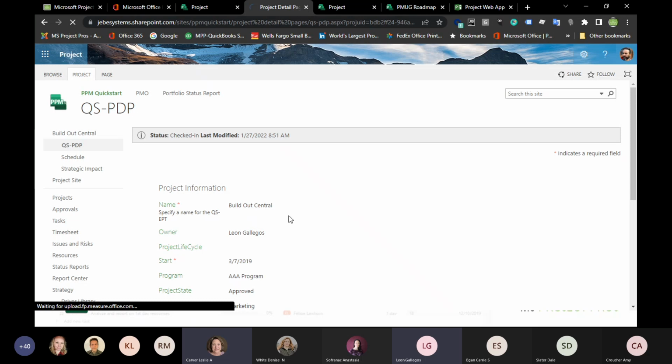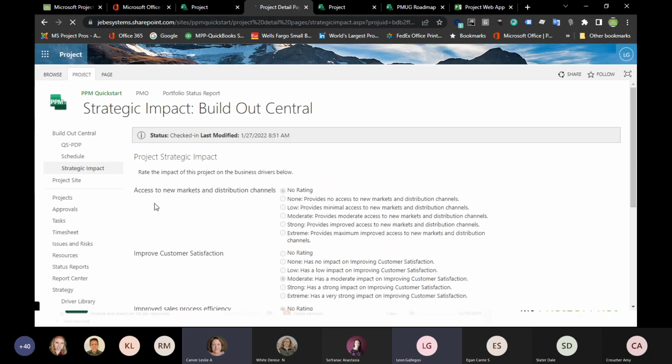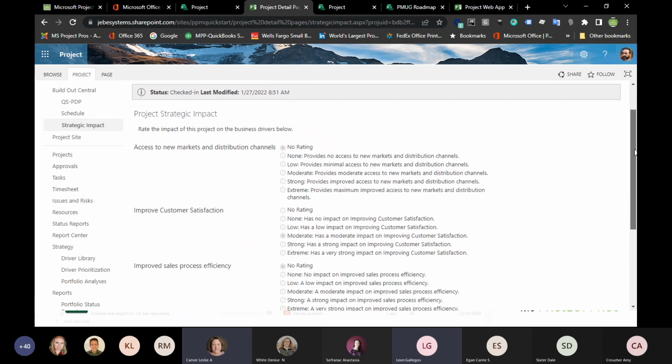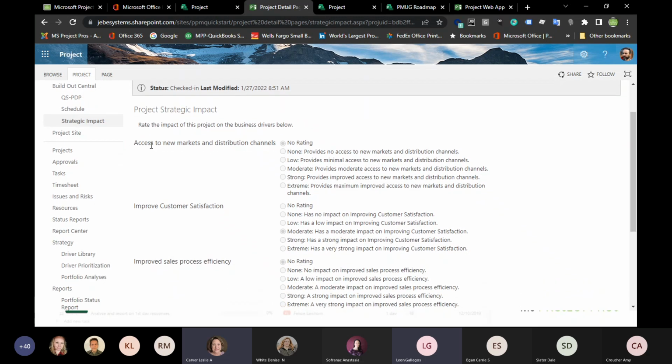The other part of it, which is more on the portfolio side of it, is the strategic impact. So as you look at these items, you can see more strategic type statements, right? Access to new markets and distribution channels. The expectation here is the owner of this project is expected to rate, right, through these business drivers, what is the impact to that driver.